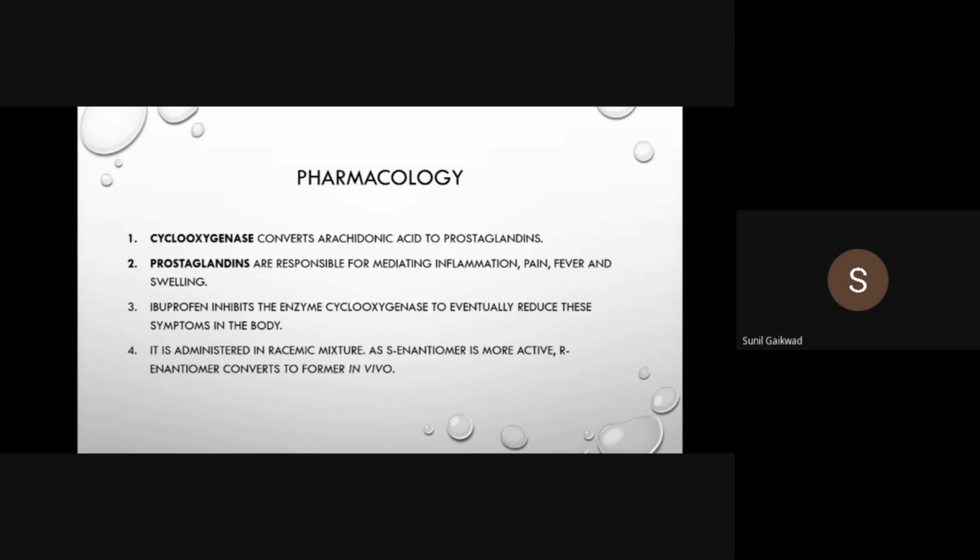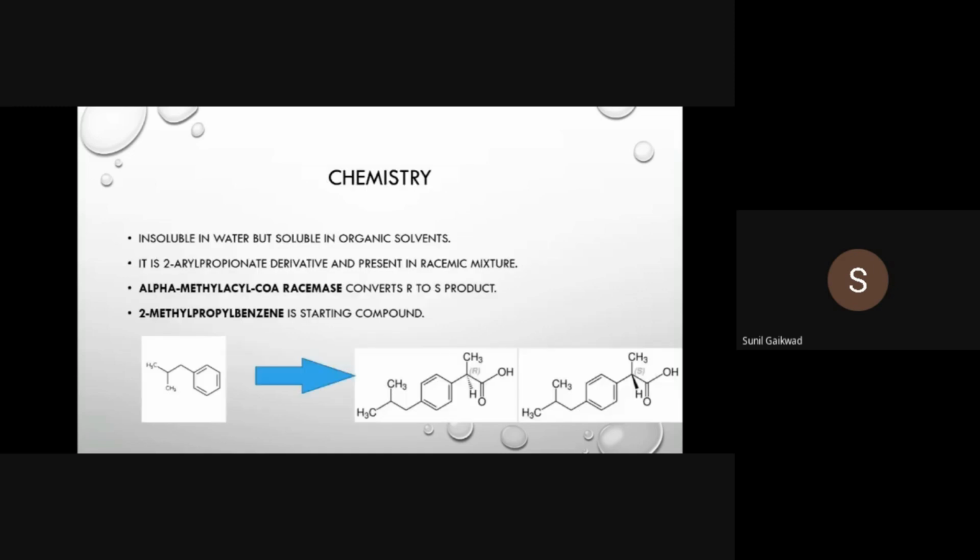Ibuprofen has enantiomers, that is R and S. Both are optically active, and together they are optically inactive. The S enantiomer is much more active than the R enantiomer. So the body will gradually convert the R enantiomer into the S enantiomer when it is taken. The tablet that comes is a mixture of both the enantiomers in solid form, and in the body, the rapid conversion will take place to the S enantiomer, and then it will work.